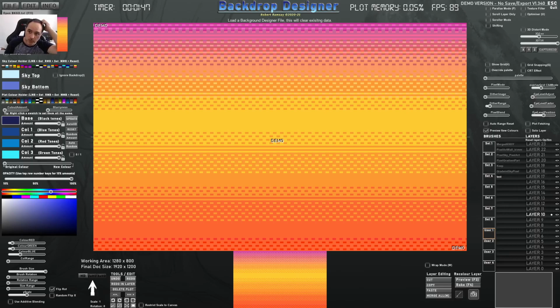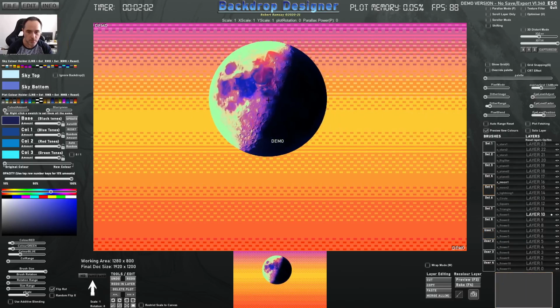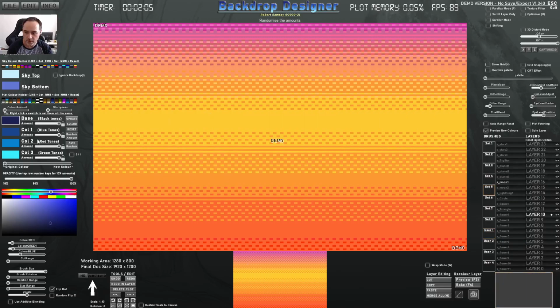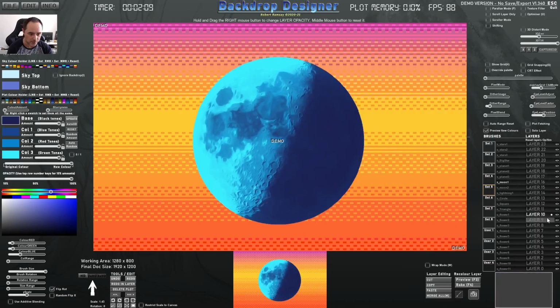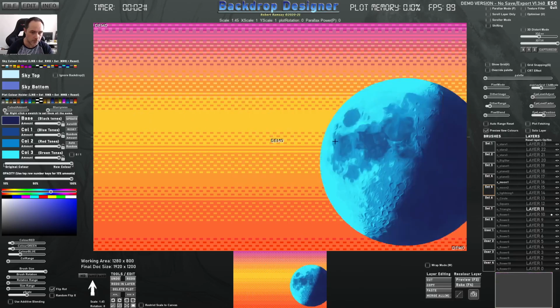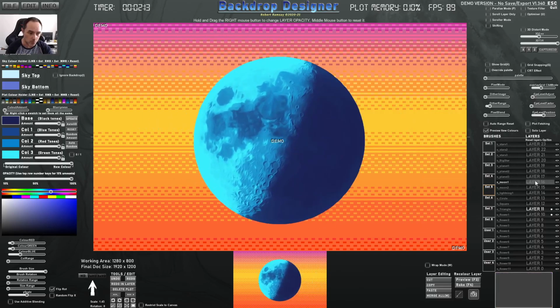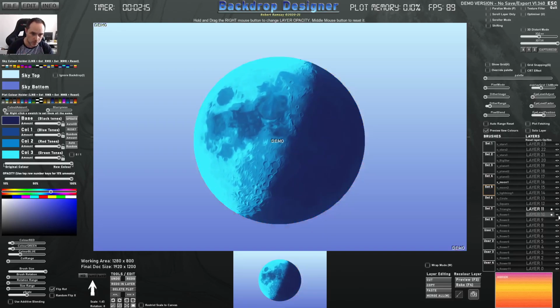What else can't you do? I mean, that doesn't stop you hiding and merging stuff, but you can't undo a merge. So you'd have to think of other ways about that. You'd have to hide whatever layers you don't want. If you wanted to, for example, extract, let's put this blue moon over here. So that's on a different layer. So if I did want to capture that, I'd turn this one off, and I would do capture,